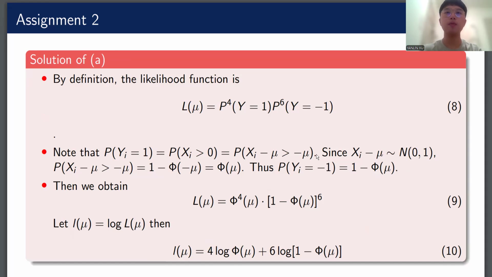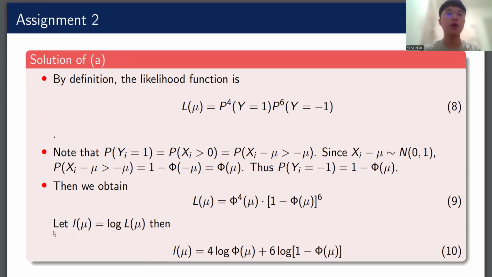This is really good because we can simplify this probability to be 1 minus phi of negative mu, and it's just phi(mu). Also, the probability of Y_i equal to negative 1 is just 1 minus phi(mu). So we simplify the likelihood function into this form,